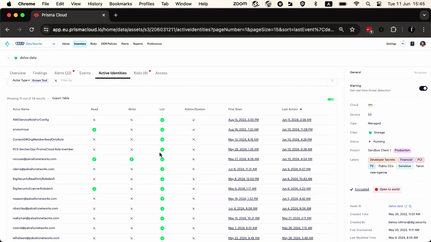We work with a very large retailer in Europe. And they reached out to us and they said, hey, we discovered through the tool that we had a misconfiguration and we had access issues. We over-provisioned access that allowed a very, very sensitive bucket across our organization to have access to all the cloud users. All of them can essentially access that sensitive data. Can you tell us, through the history, who are the users that actually abused that access? And what we were able to do is go through the active identities and find those specific individuals that accessed that data. Up until now, it would have taken you months to investigate that specific incident.